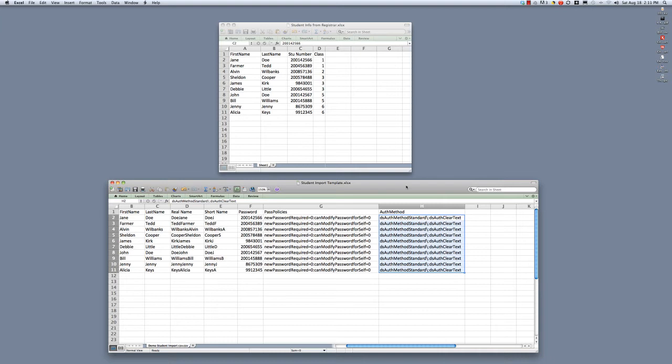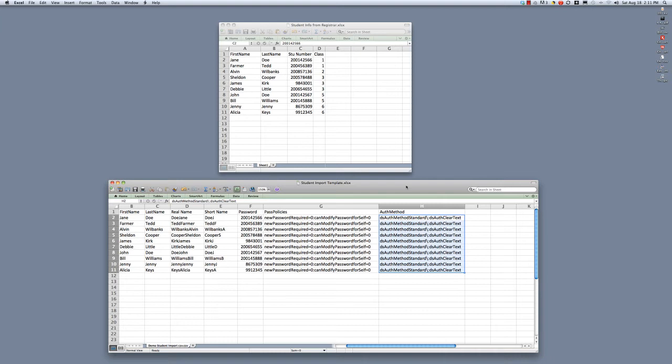If you're doing this on your PC, I would suggest that you just save it to a flash drive, a thumb drive of some kind, and then simply take it over to your server, plug it in, and do the import off of the drive. If you're putting it together on your Mac, you can also save it straight to maybe the desktop on the server as well. For our purposes here, I'm just going to save it into my home directory on my computer and then go